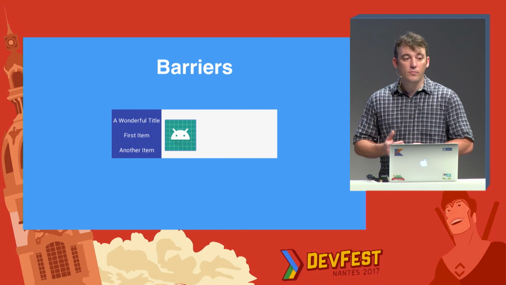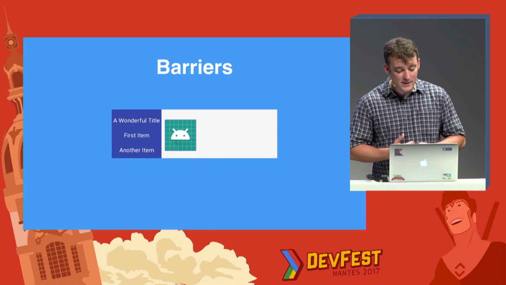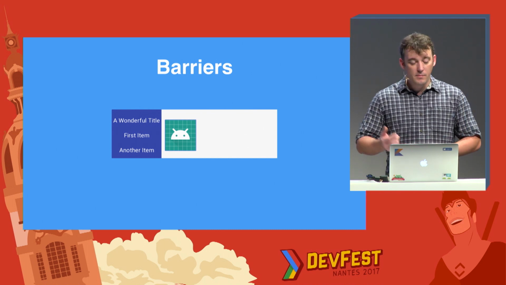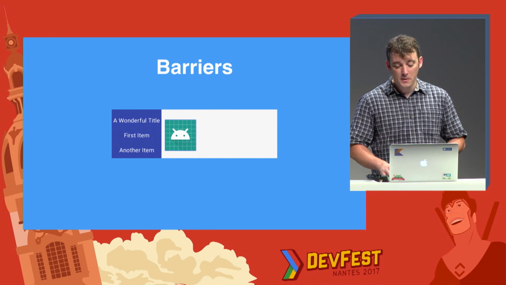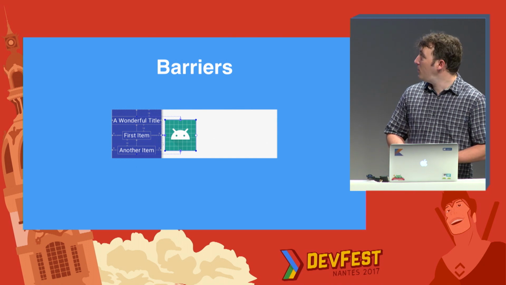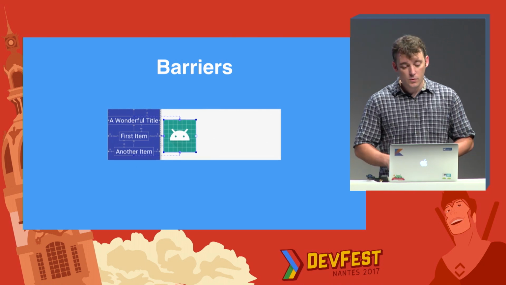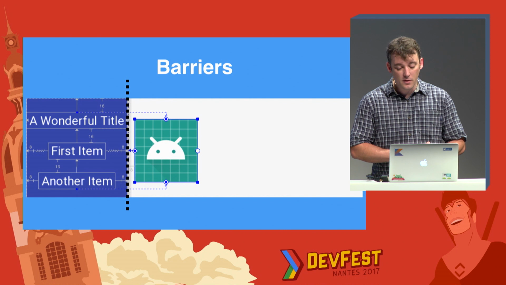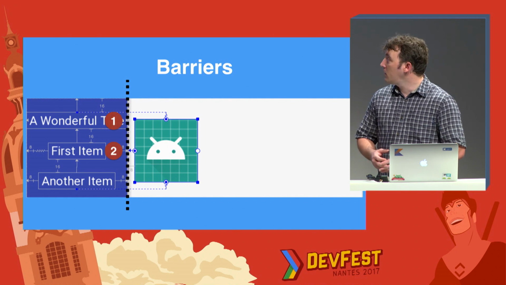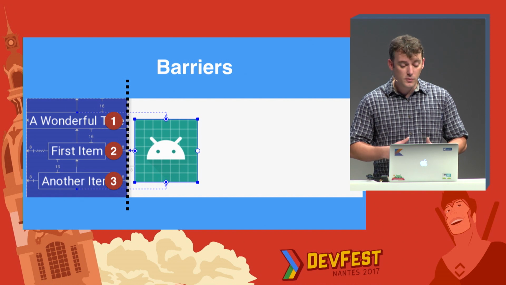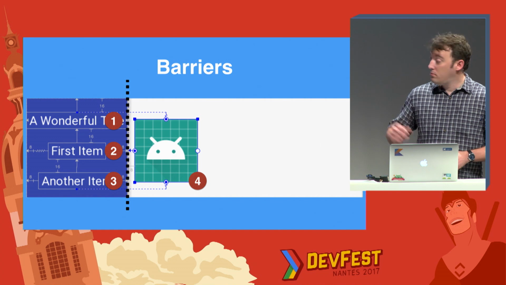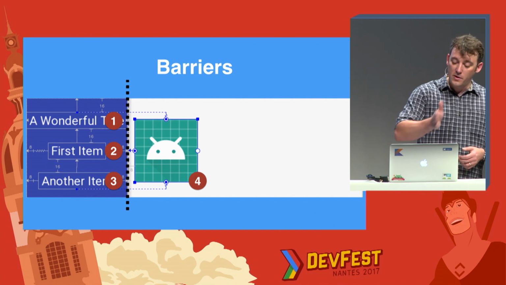So in a more common example, you have something like that with those 3 text fields. You want that icon to be on the right of all of that, but maybe the title will change. So the constraints here are pretty straightforward. They're all centered to the guideline, actually. And the guideline is just this dotted line here, with all those elements being part of the barrier. And that icon is just constrained to the barrier itself.